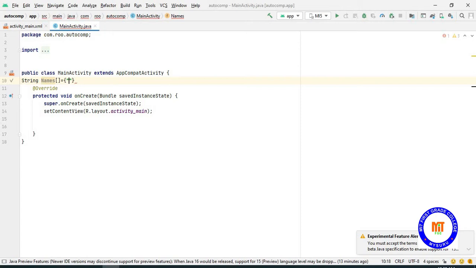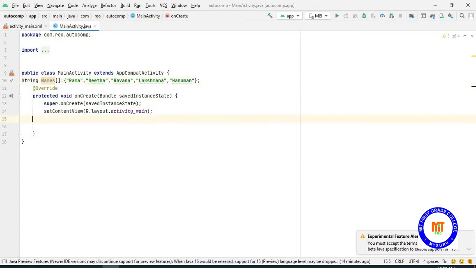Now I have to give a few names within the curly brackets, and those names have to be in double quotes because it is a string. Now I have given a few names, close it with a semicolon.